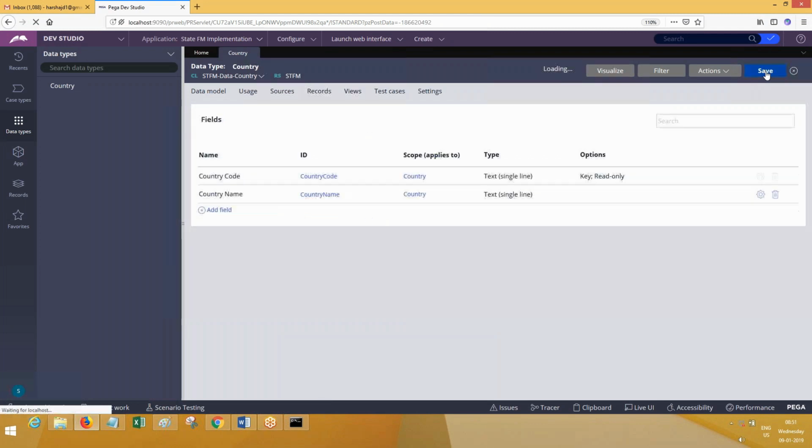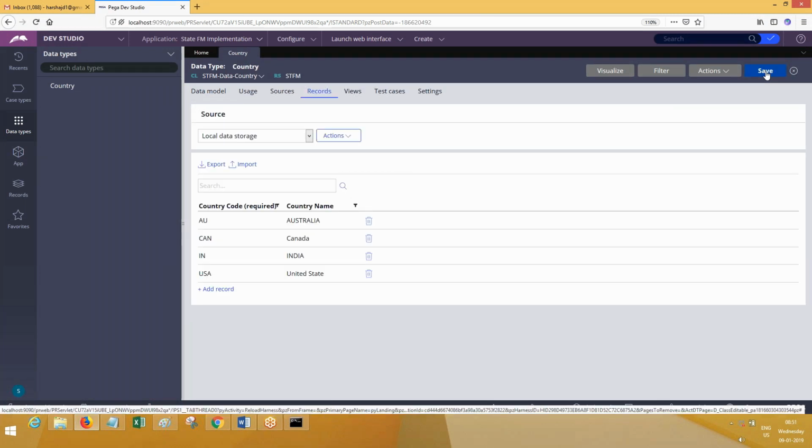What you see here on the screen in PRPC is virtual, like a user interface of the physical table. This is how the physical table will be available when you go to the backend. But here it is not showing all the columns. Create date and all it is not showing, right? That is one good sign. In previous versions like 7.3, 7.4, it was showing create date also, but that should not be displayed in the UI. It should be there in the backend only.